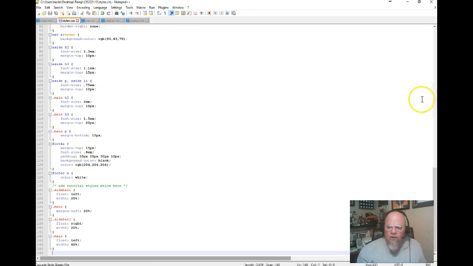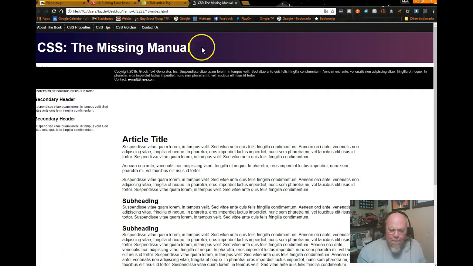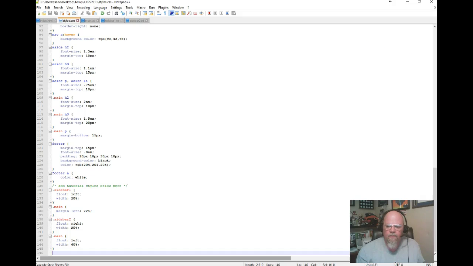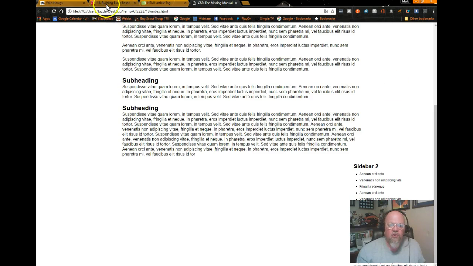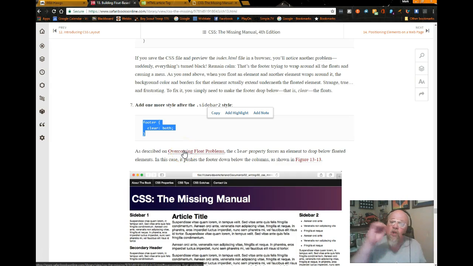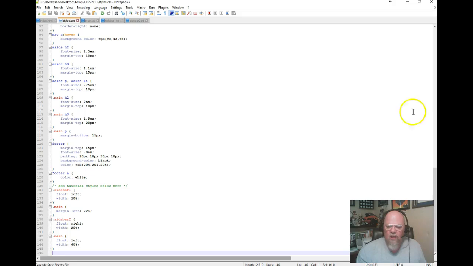Did something happen to the footer? Yeah, the footer's gone too. The reason being is it's trapped inside of one of the floats. So we need to basically do this. We need to go in and add footer clear both. So what it says is the footer will clear out any floats and then display the footer. So I add that